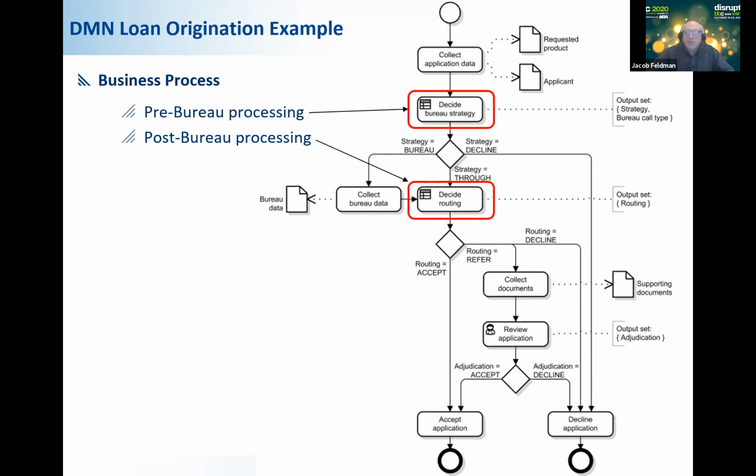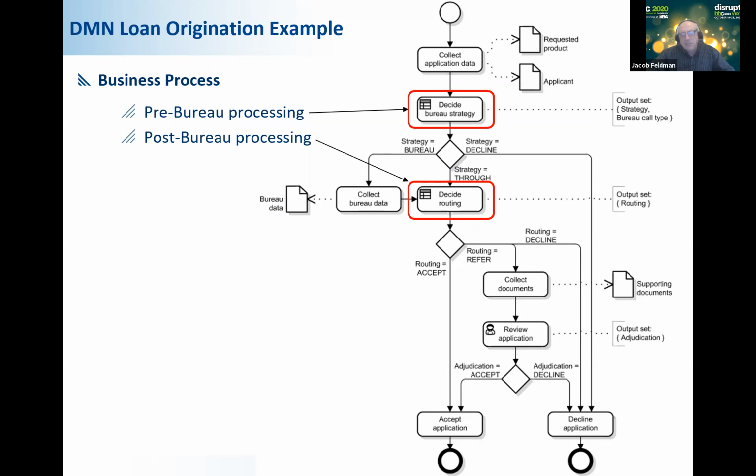We can already analyze this application and decide on a so-called bureau strategy. Do we have to go to the credit bureau, or can we just decline right away based on some characteristic of this applicant and his or her application? If after this decision the bureau strategy is decline, we will just decline the entire application. Or if we decide, no, you have to go to the bureau, we will collect